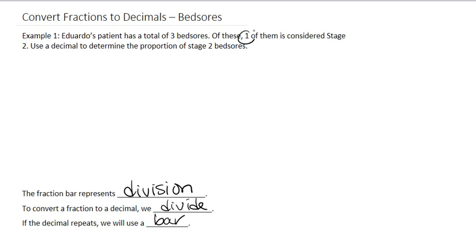So we have 1 of 3 bed sores that is considered stage 2. So we would write this as 1/3. Now this fraction sign with that bar is actually going to show us how we divide. So we actually will go 1 divided by 3 to give us our decimal number. So let's use